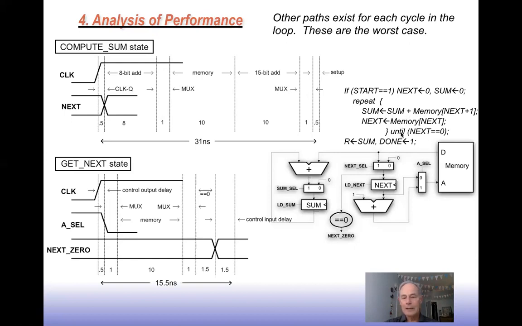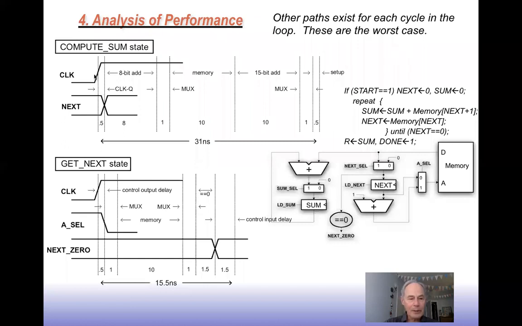And I did an analysis of the path through this data path and the controller. So I'll show you how that works. Now, other paths of course exist for each cycle in the loop, but these 2 are the worst case ones for each iteration. Okay, so